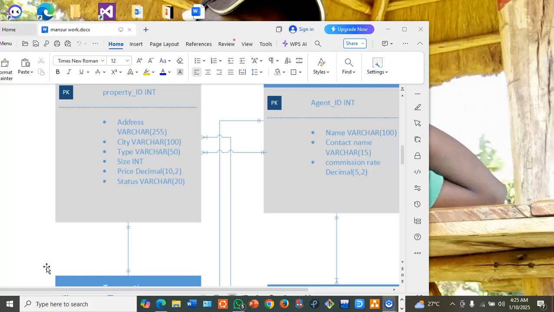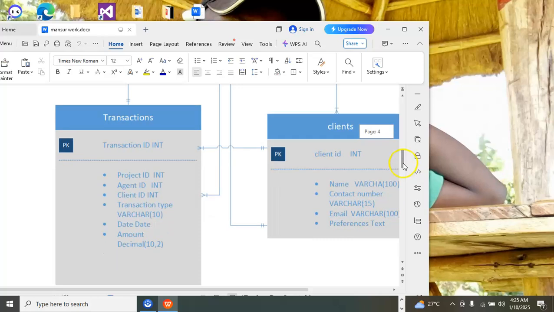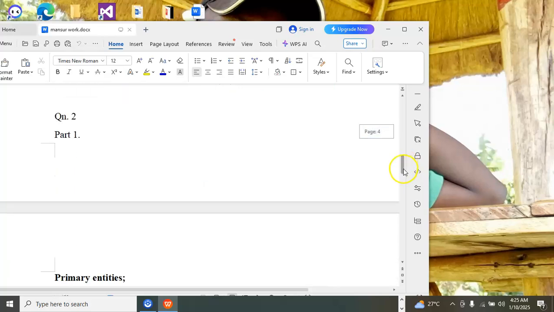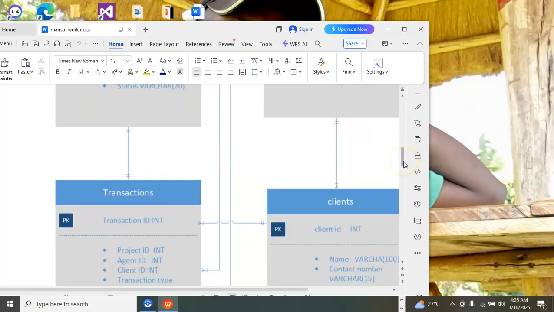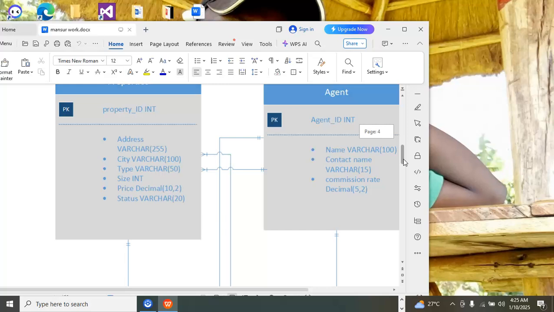The entities which I got are properties, clients, transactions, and agents. From the property side, we had the property ID, which was the primary key,